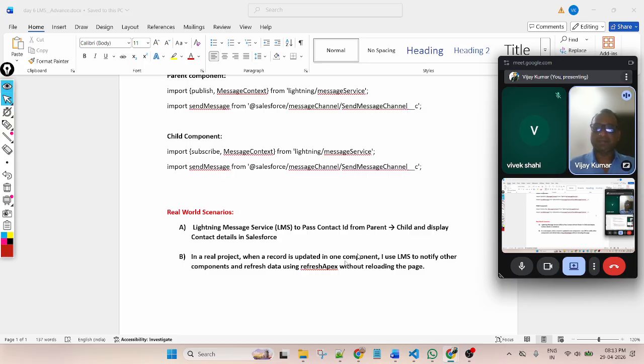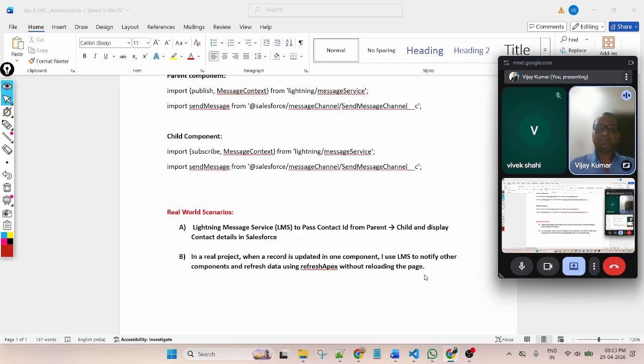The second task I will cover in a real project scenario: when a record is updated in one component, that means the parent component, I will use LMS to notify the other component and refresh data using refresh apex without reloading the page.